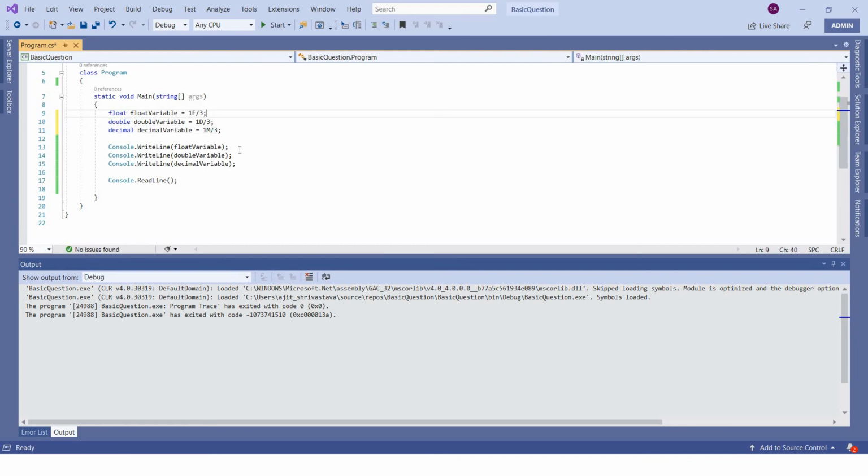What I'm trying to do here is take the number 1, which is a floating number, and divide it by 3. So what will be the result? 1 divided by 3 is 0.3333333. It will never end, right? All of these will result in that same value, but what I am doing is storing the same value in float, in double and decimal, and then we'll see what difference comes up here.